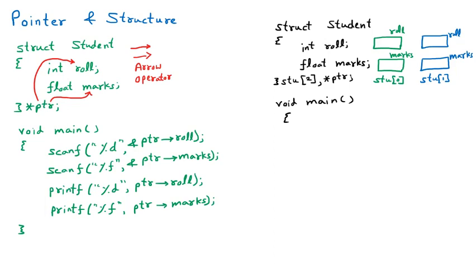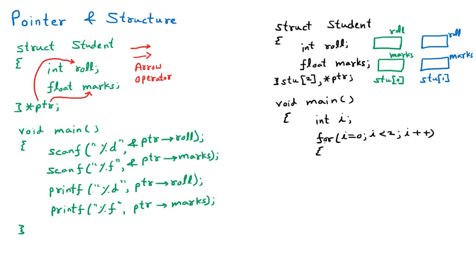Now to access this we have already learned that we will use the for loop. There we will pass the value of I, stu means stu0 and stu1. So we are writing here I is equal to 0 as the starting value, or we can simply declare the I. So we are declaring int I, and that is for running the loop. We are saying for I is equal to 0, I less than 2, because the array size is 2. So we are saying I less than 2, I plus plus.